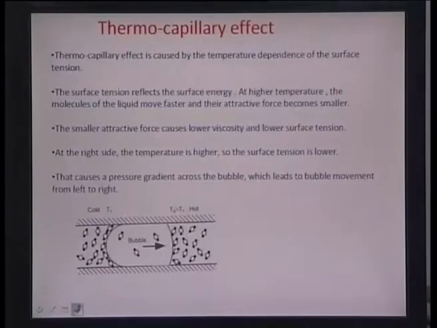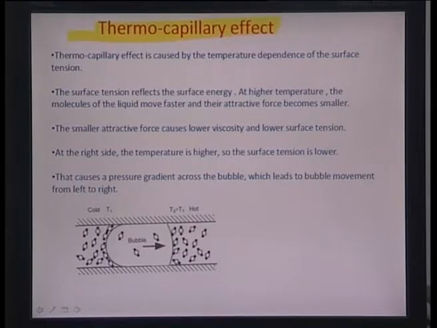If you reverse the field, the bubble comes out and lets the flow go out. So this is essentially how capillary force valves would work. Another very interesting example is the thermocapillary effect. As you can see here, the same effect that has been done with an external field can also be done